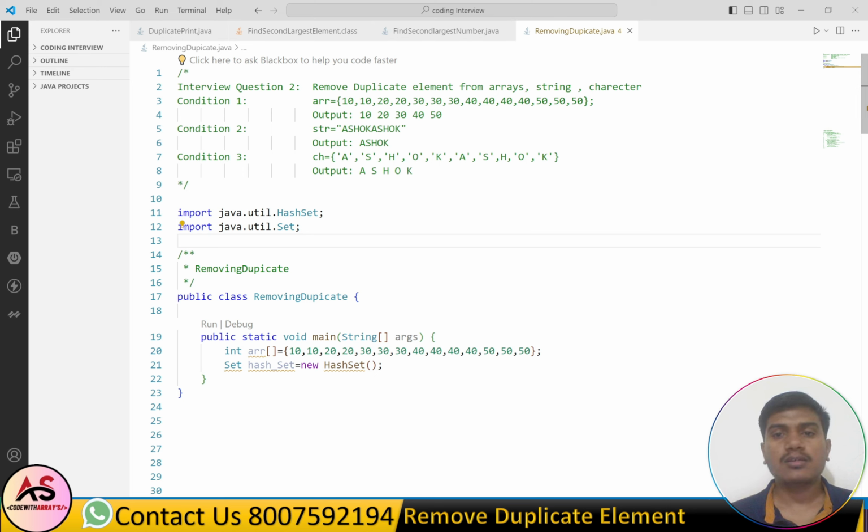So if they give an online compiler, you have to write this import statement. After that the code is compiled properly.